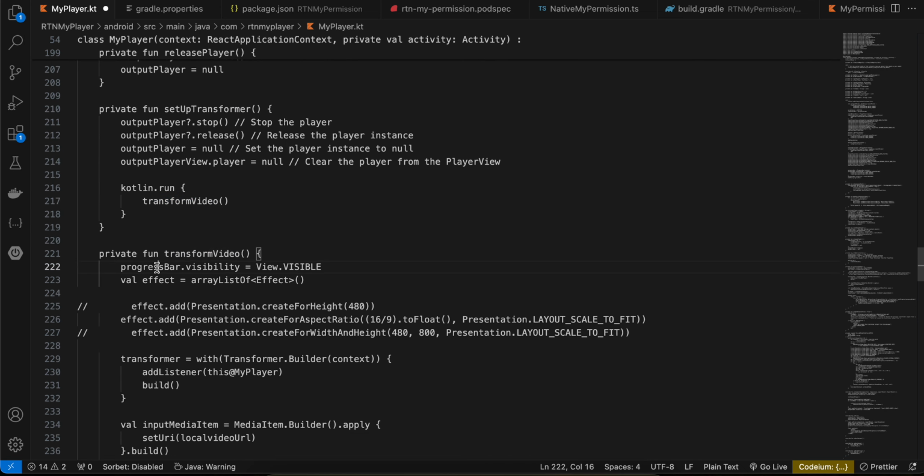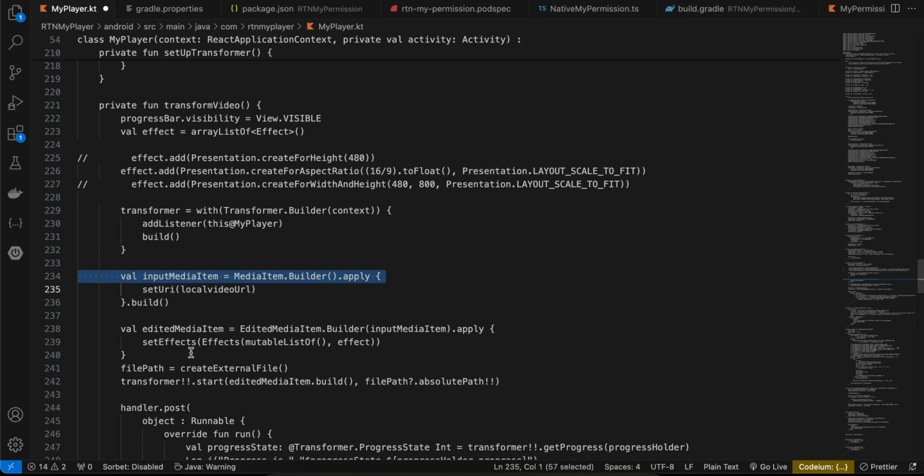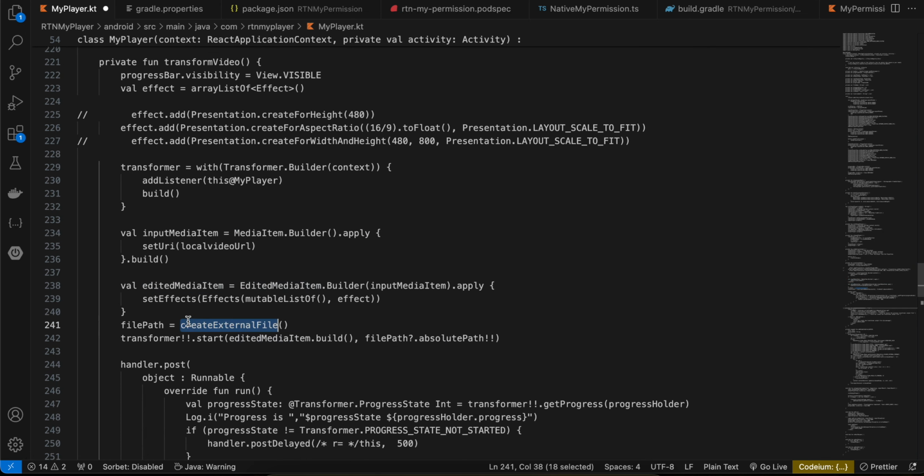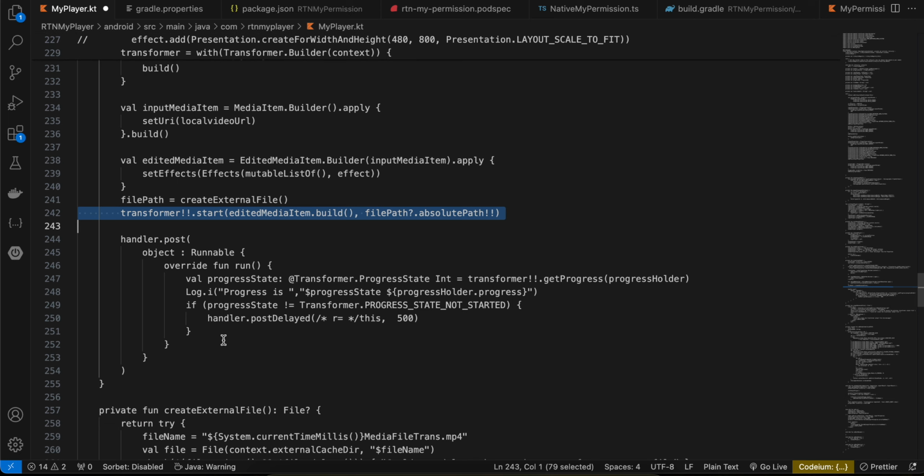So here I am displaying our progress bar as visible. Then I have added this array list of effect. Now you can apply whatever effect you want to. If you want, you can apply all these three effects simultaneously, but you will again get a weird output. I'm not really sure, so it's better you apply whatever effect makes sense to you. Then I have created our transformer. I have created our input media item as well. Then we are creating our edited media item, creating our external file, starting our transformer, and here we are tracking